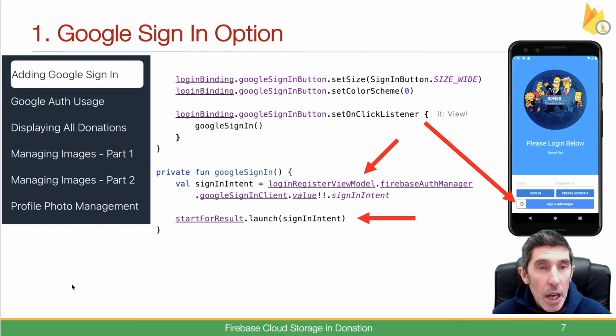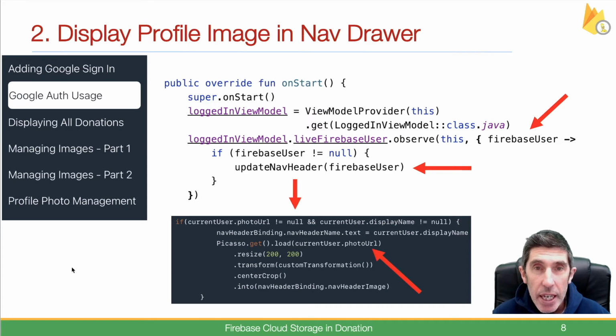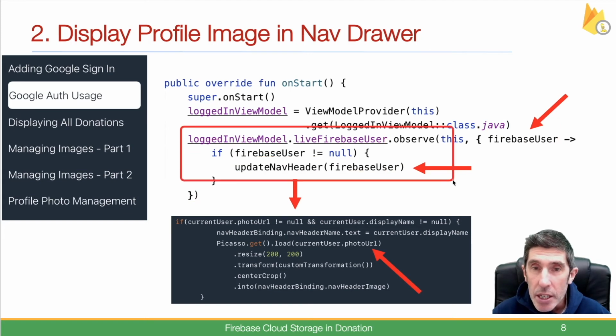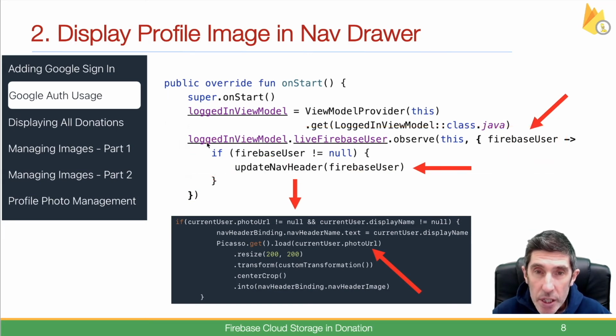Okay, now once we have authenticated correctly, we are taken and launched into our home activity. One of the next steps that we're dealing with here is displaying that profile image in the nav drawer. So inside that onStart, where we're observing that logged in user, what I now add is, once the user is not null, we call a function called update nav header, which passes in that Firebase user that we are observing. So any changes, so if we were to sign out and sign back in again, new user, new Google credentials,